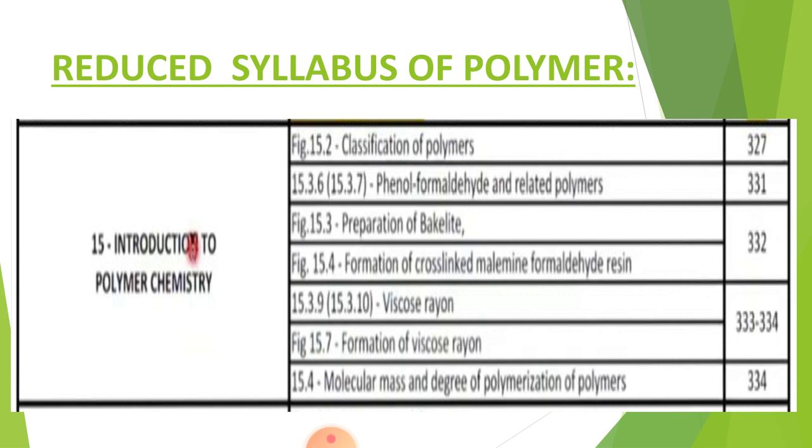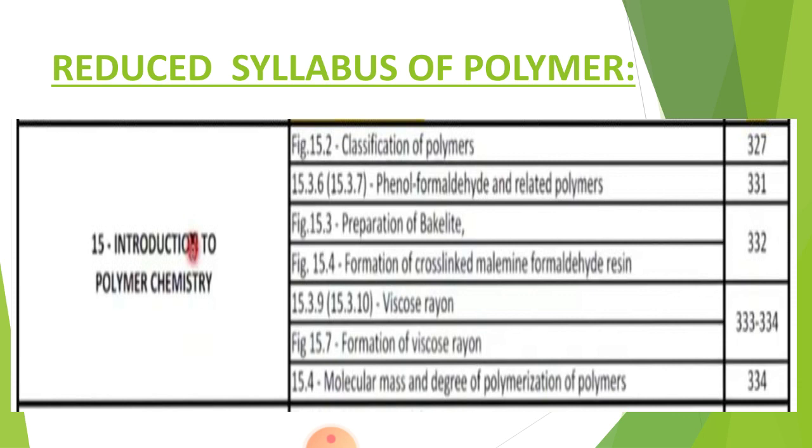In this, all the topics we have studied: classification of polymer in our first lecture, and the rest all the topics I have not given because they have been reduced from your syllabus. I am repeating it again. Which of the topics has been reduced? Classification of polymer. In classification, all the 6 classifications, based on structure, based on polymerization process, based on monomers, based on biodegradability, based on intermolecular forces, based on its sources or origin. These all classifications have been cancelled, reduced.